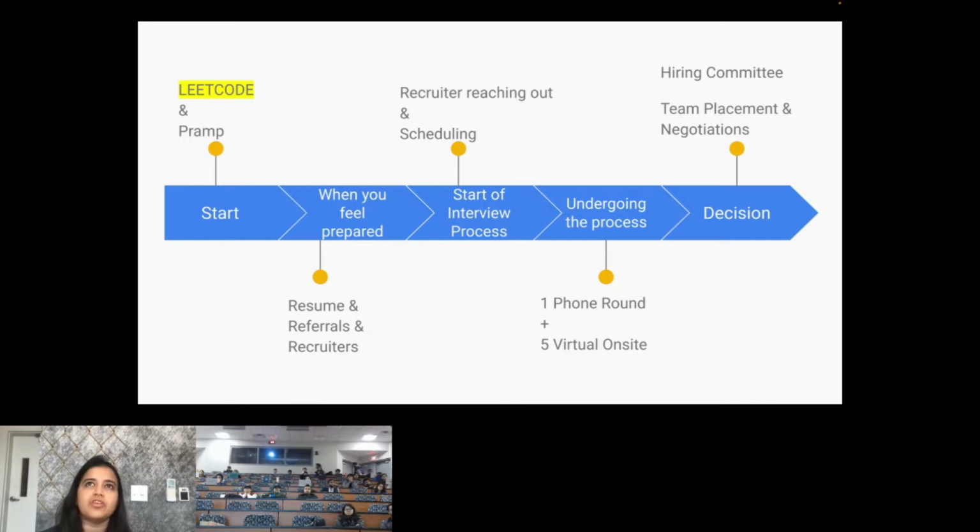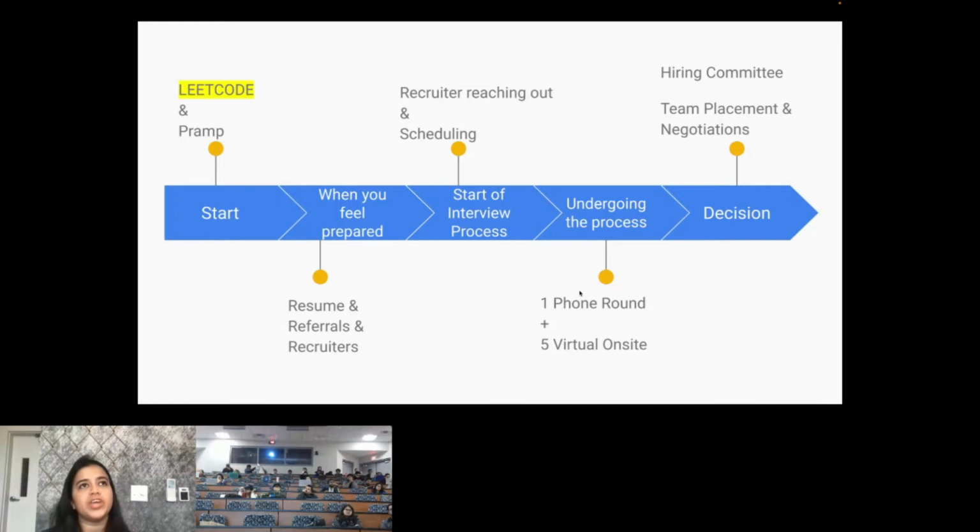But if it is kind of a medium question or you have solved the first question really fast, you'll be asked a second question. So that's about the process, and then you get the decision. Now, unfortunately, at Google, the decision takes a really long time. That's because after your interviewers submit a feedback, in some other companies I know, like Amazon, as soon as the interviewers submit the feedback, you have a decision.